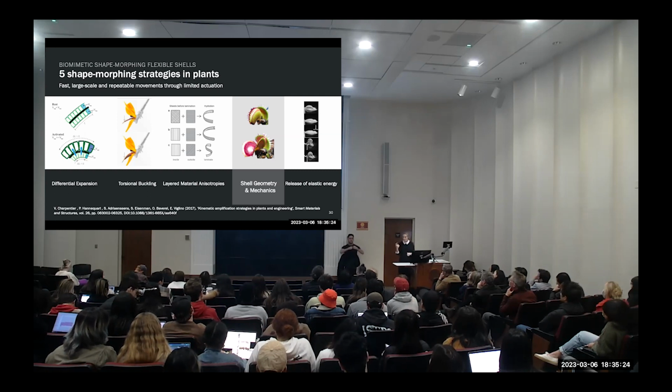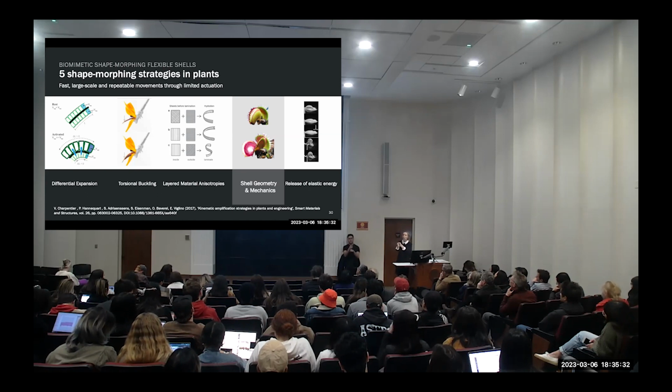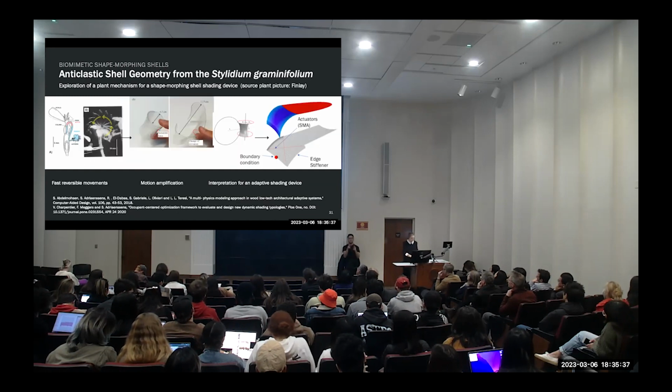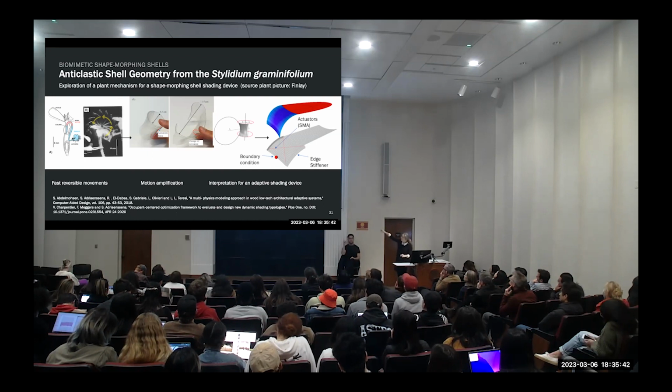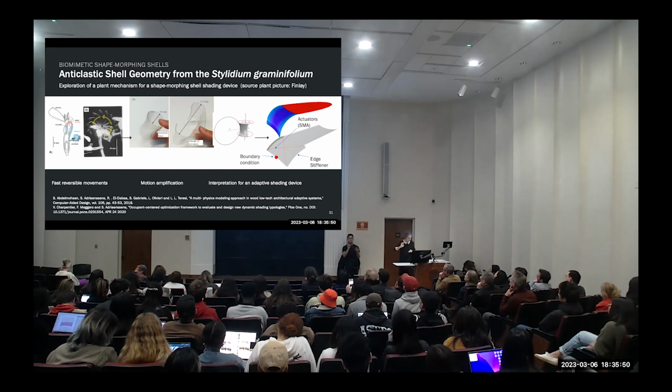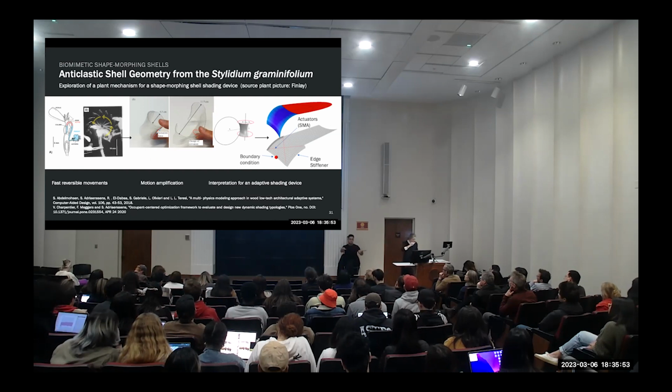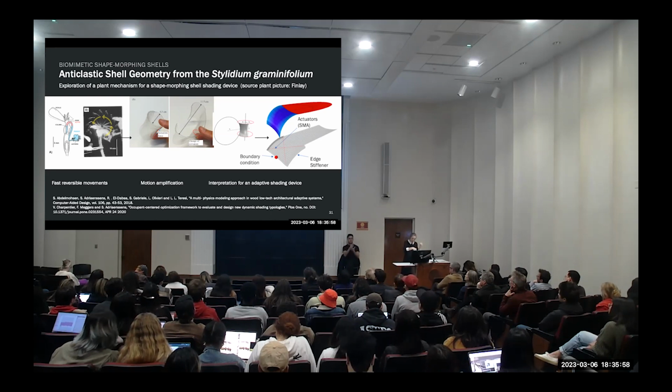Now, we looked at many plants that exhibit this kind of shell mechanics. We did not go with the Venus flytrap because that's a completely uncontrolled movement, completely open or completely closed. But we found another plant, an Australian plant called the Stylidium graminifolium, shown there on the left-hand side, which uses a less deforming mechanism to pollinate. And you see on the left-hand side, there is a pink part that is the active part that does change shape, and then the blue part is the passive part that doesn't really change shape.